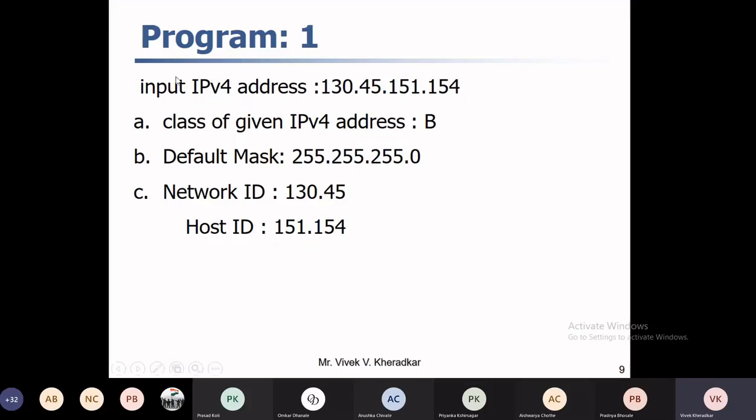As you know, in the IP address, the first byte helps to identify which class it belongs to. So the first byte value helps us find out which class it belongs to in case of dotted decimal format, and in case of binary, the first few bits help to find out the class. Now the first byte value is 130. Does anyone know how to find a class A address?